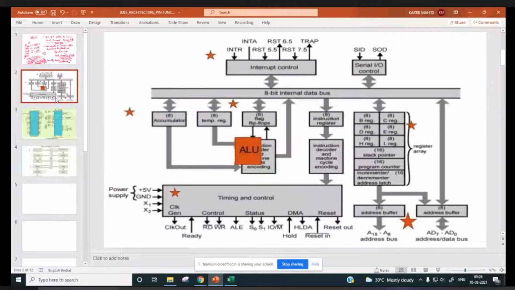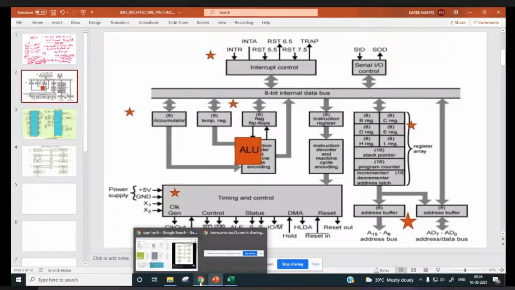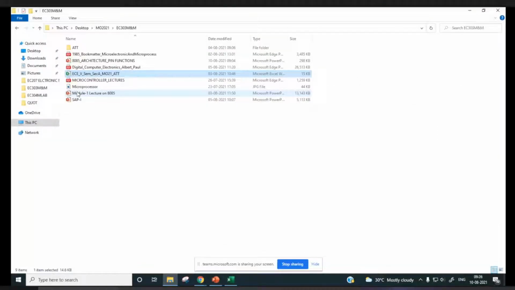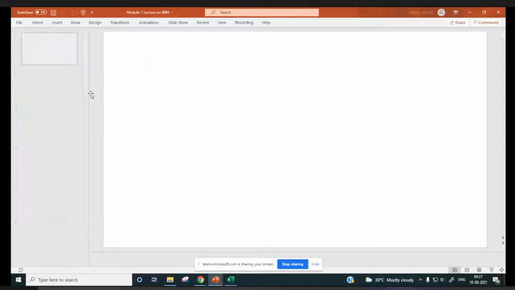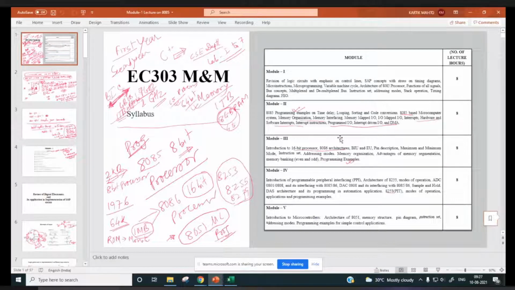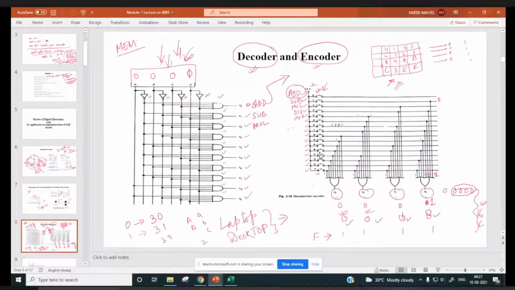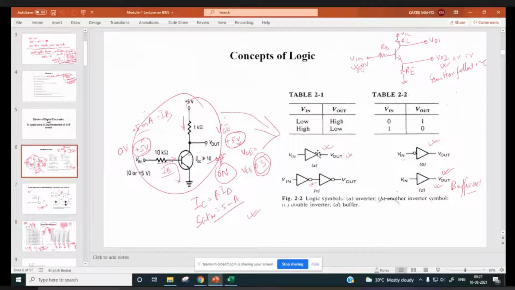Like we discussed, I'll go back once again to that SAP 1 slide, where microcontroller, digital computer. See what things we have discussed. We started with this very simple logic circuit, and then how an inverter can be designed.